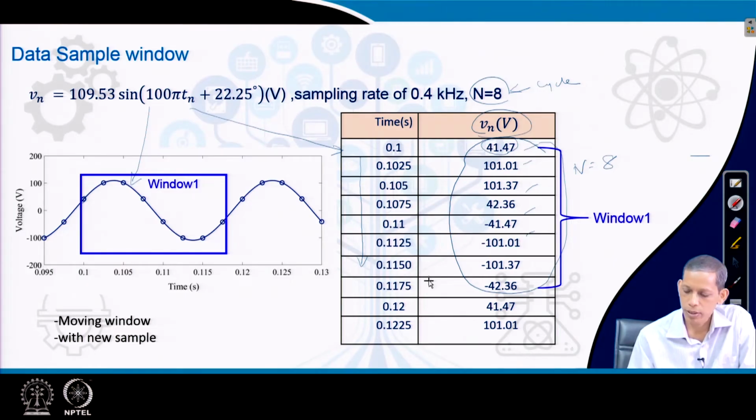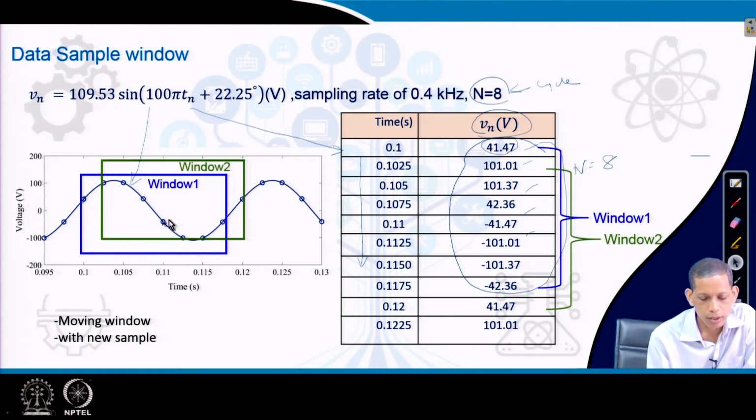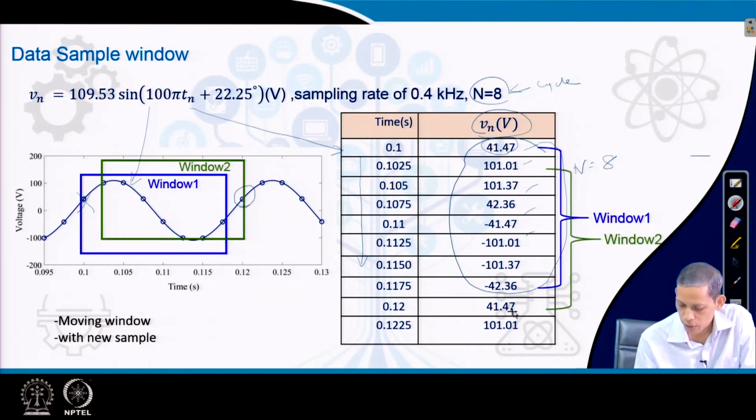Similarly, when we go for another window, the next window progresses, and a fresh sample is acquired by the relay. The corresponding window shifts by one sample, discards the old sample, and progresses ahead. So again, in the second window it acquires the new sample and discards the old one, and the new fresh window comes out. In this way, it is a progressive window with newer and newer samples being acquired by the relay.